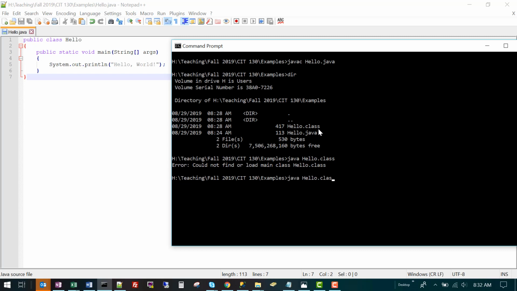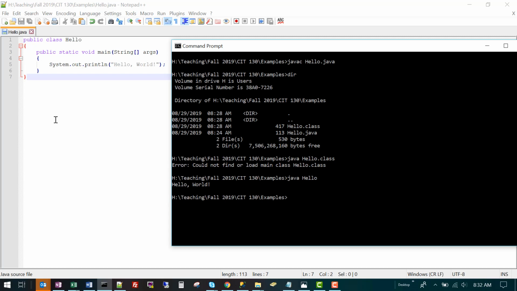So if we just do java hello, the bytecode, or translated version of our source code, will be run through the virtual machine that sits on top of this computer environment, and will produce the results. So when I hit return, you see that my message appears on the console, and then we get our prompt back. The program worked as advertised.